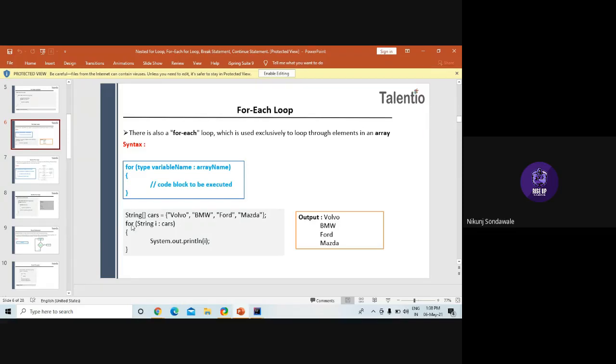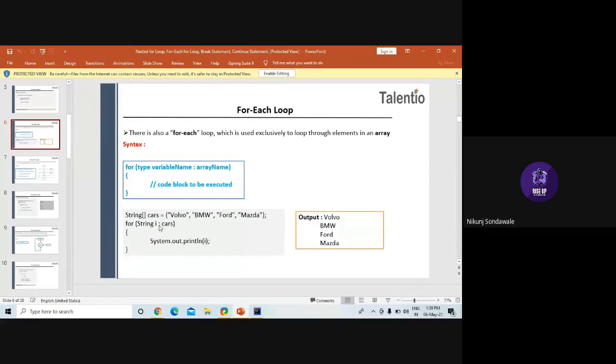With the help of the for each loop, we are printing each and every element of our array. We use the type of data we have, then our counter variable, which by default starts at 0, then the colon and the array name.